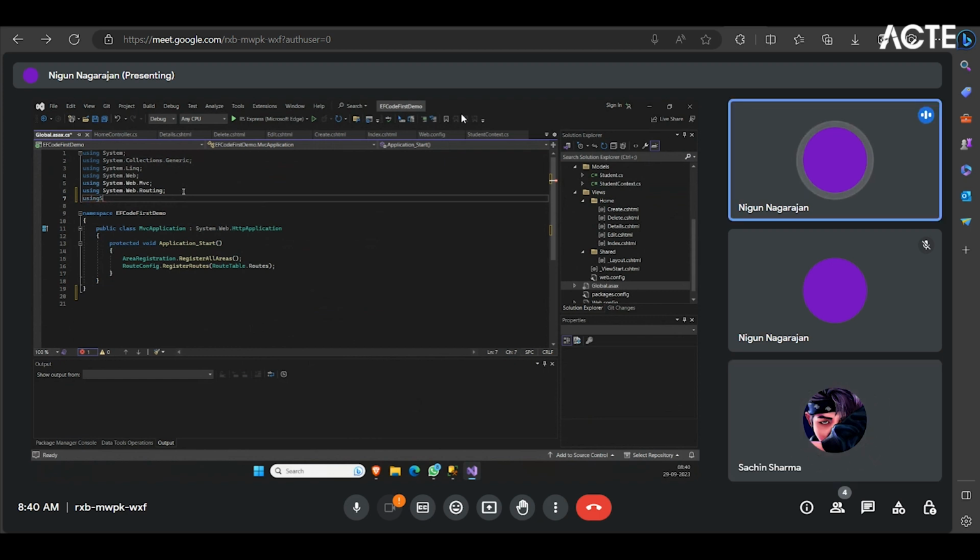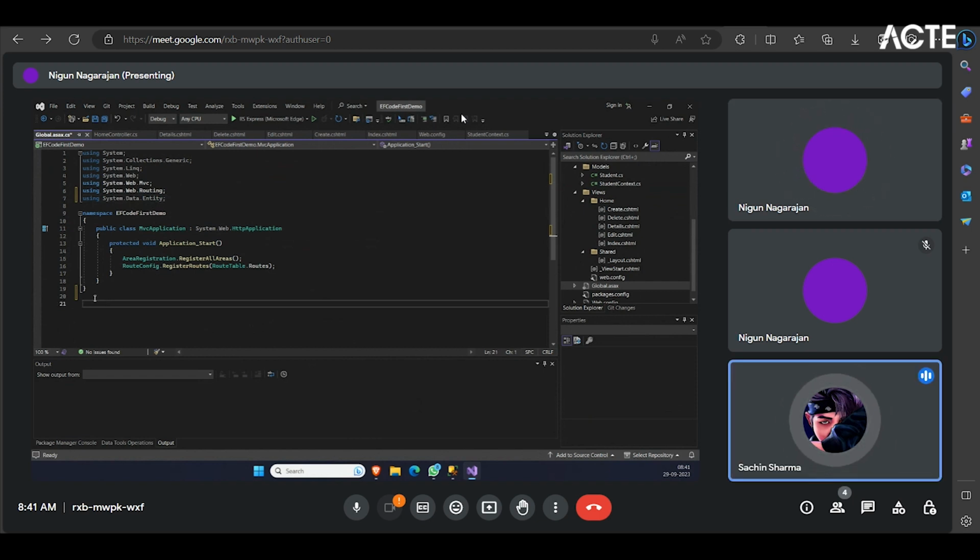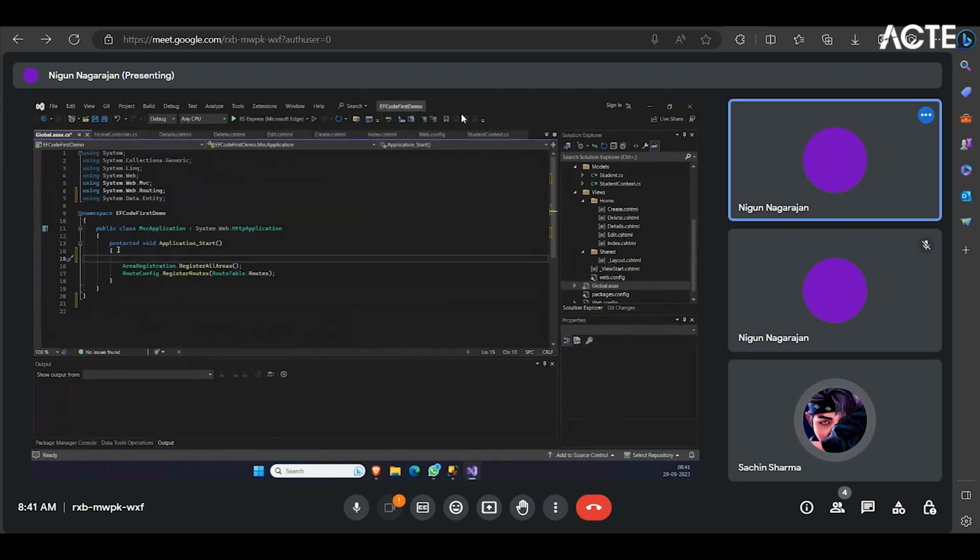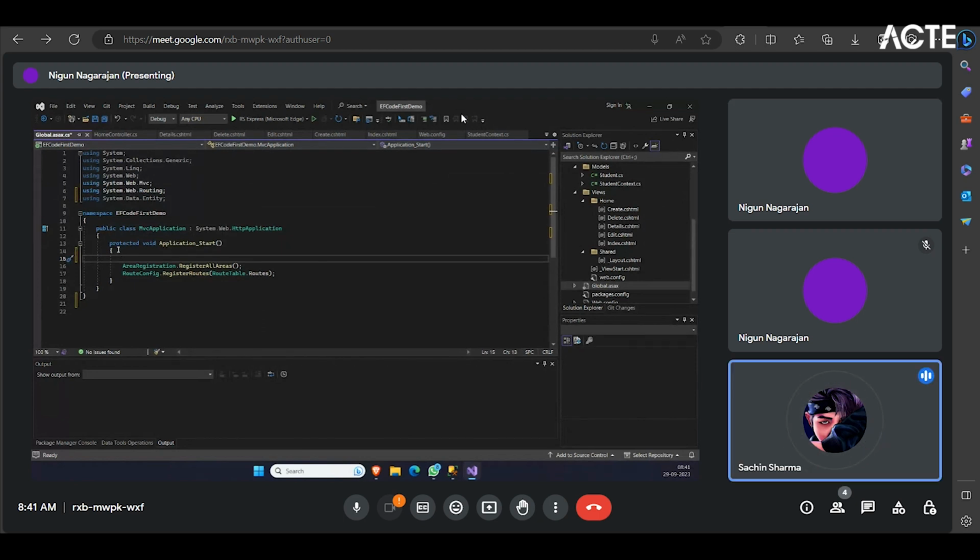Then go to line 14 and press enter. Then write Database dot